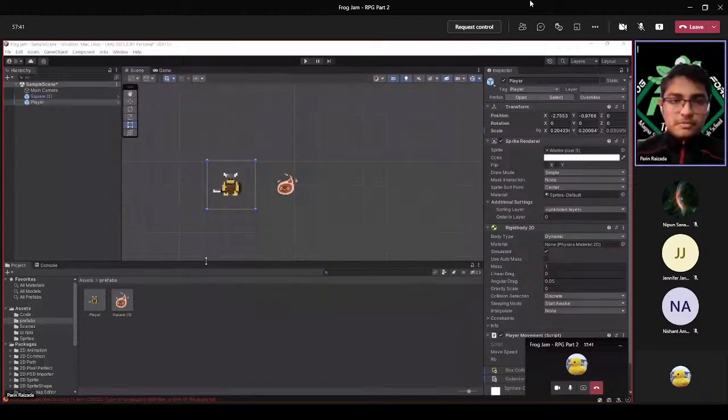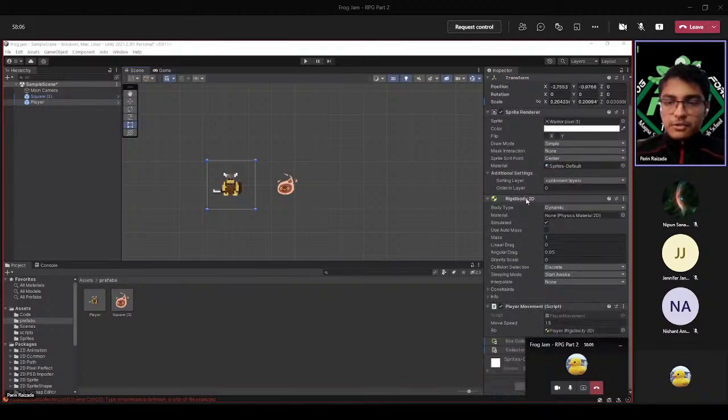Okay, so what you see here are the sprites for our player here, and our little sprite, or spirit, which will be used as collectibles for the player. And we're going to set it up in a way that if you collect 5 of these spirits, then you will move on to the next level. So what we need to do first